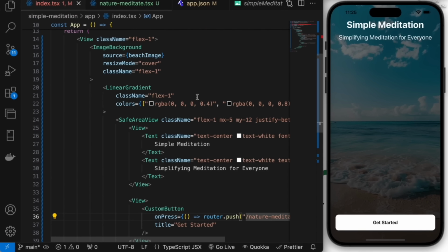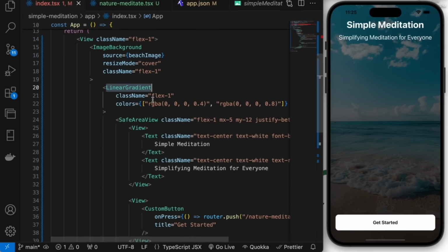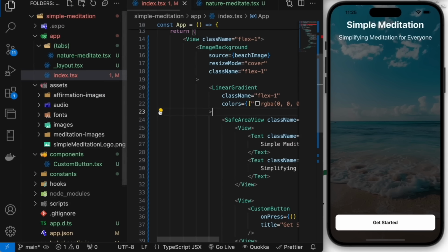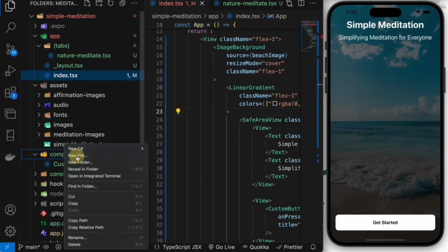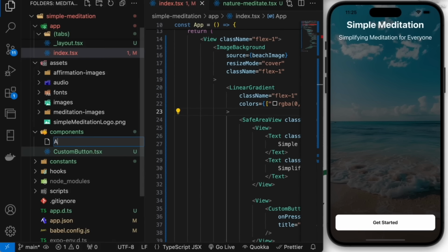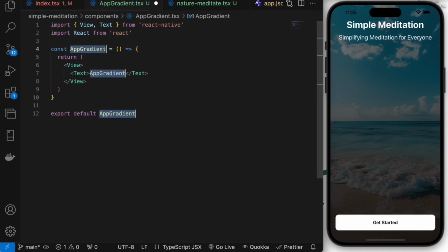So one thing to note, we will also be using a linear gradient in this nature meditate component. So rather than having to duplicate that, as well as the safe area view within it, let's create a reusable component, which we can use for both of these components. So in the components directory, we'll name it AppGradient.tsx,